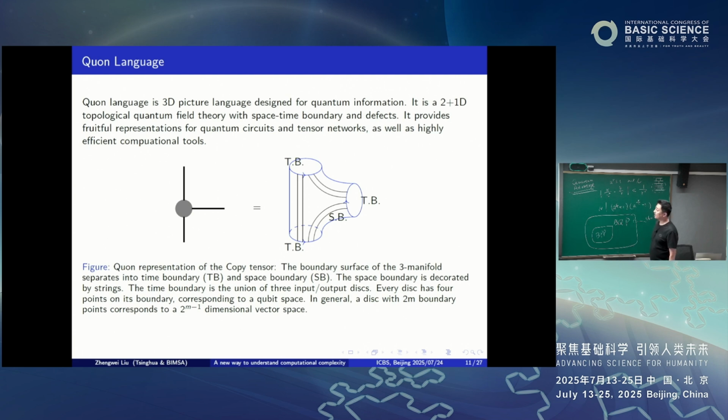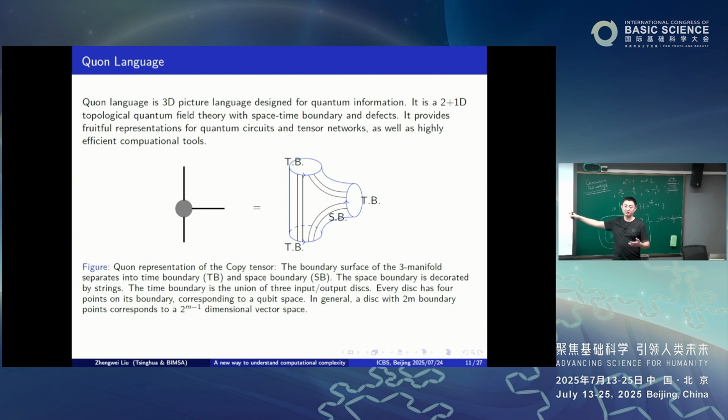That's the tensor. And then in the Quon language, we extend that to a 3-manifold in the TQFT. The bulk of the manifold is just the neighborhood of this single tensor, a kind of fat graph of this one-skeleton. What's more, on the 2D boundary surface, we have additional defect lines. Those defect lines are given by the black box in the previous tensor network language. Now we transform that into a white box, something we can understand well and compute. This gives more insight and more efficient computational tools for these defect lines.